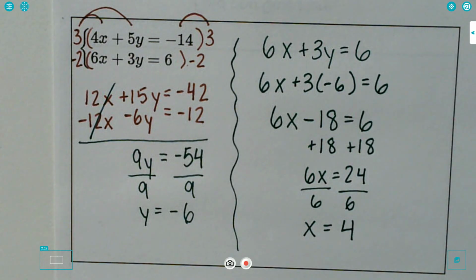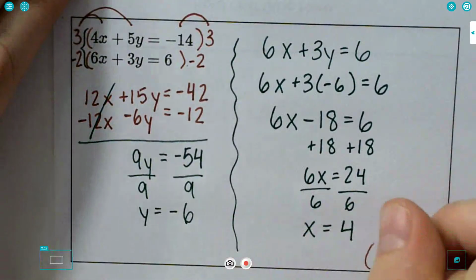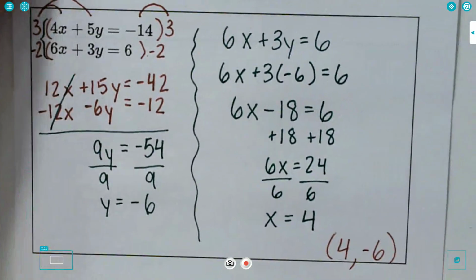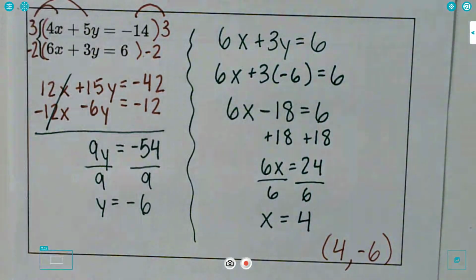How do we write our final answer? Ordered pair with x first, so 4, -6. Awesome. Wait. Just because I know you guys will ignore me and start gluing on the next one, let's check